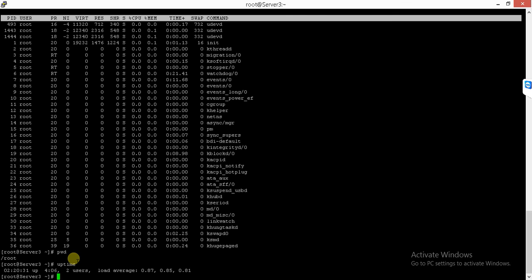You can see the load average of the machine, and you can tell the user that the machine is under heavy load, so it is degrading the performance. So this is the function of uptime. You can see when the server was up, when it was down, when it was rebooted. From this time you can calculate the server's reboot.